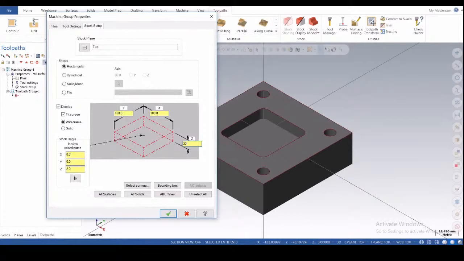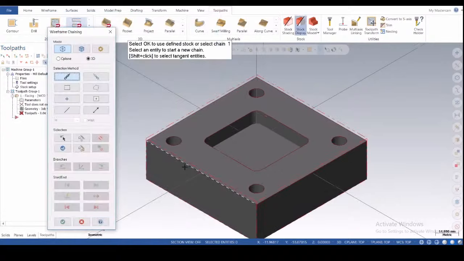After that, go for the operation from 2D toolpaths. Here you will get many toolpaths like contour, drill, dynamic mill, facing, dynamic contour, pocket, and fill mill. There are various types of toolpaths in 2D. So first, face. After you click on the face toolpath, you will get a window for chain selection. Here we get many methods for selection, and we have to select the chain. After selecting the chain, you have to click on it.